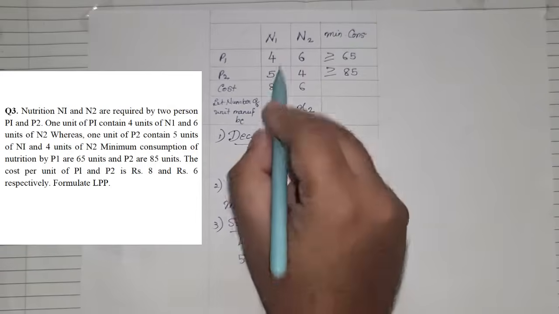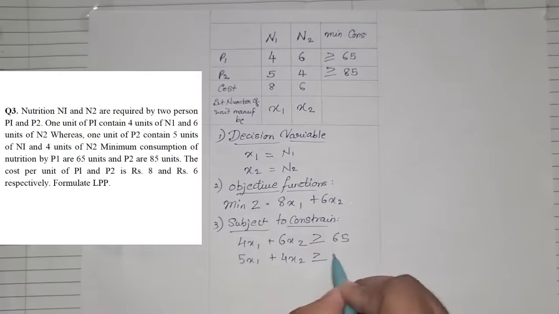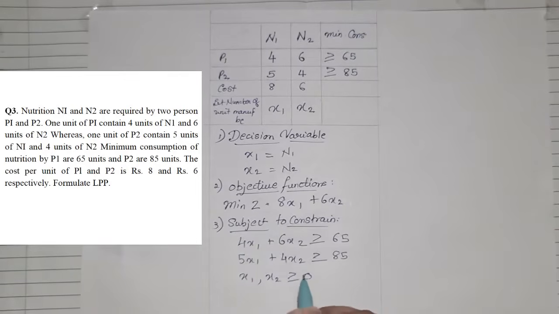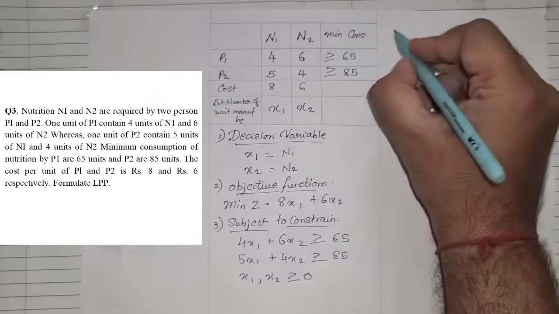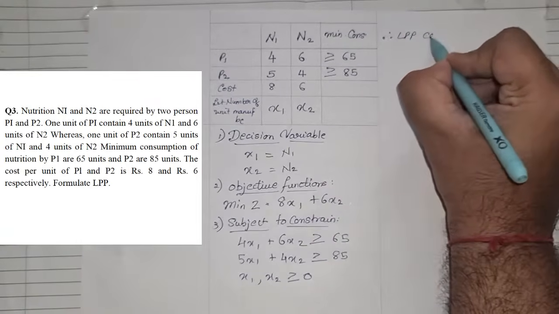5x1 plus 4x2 greater than equals to 85. These are the 2 constraints, and last one we have non-negativity, so we'll have x1 comma x2 greater than equals to 0. Once you have done that, the same stuff, therefore LPP can be formulated as